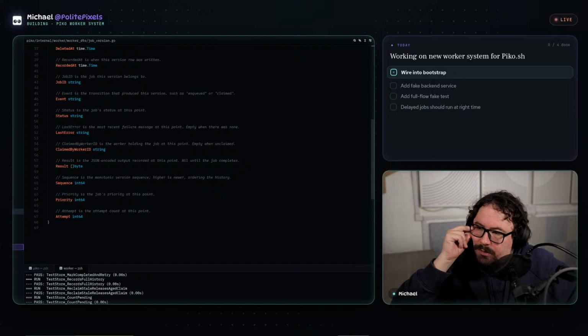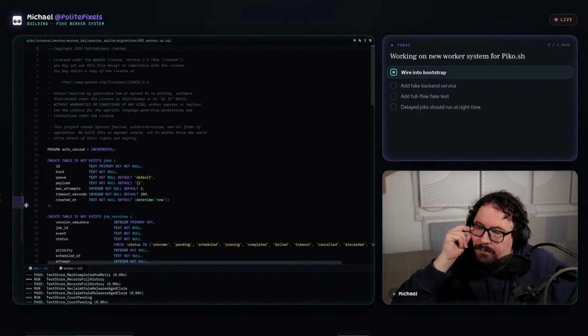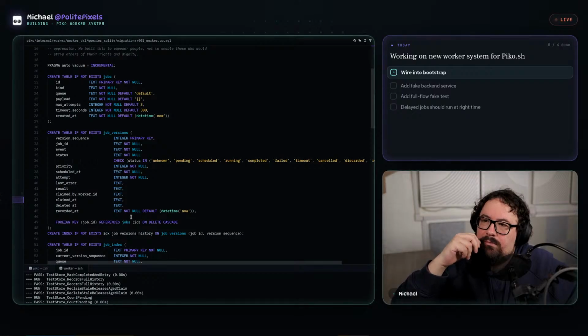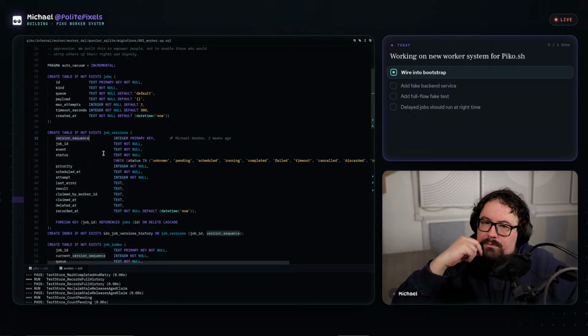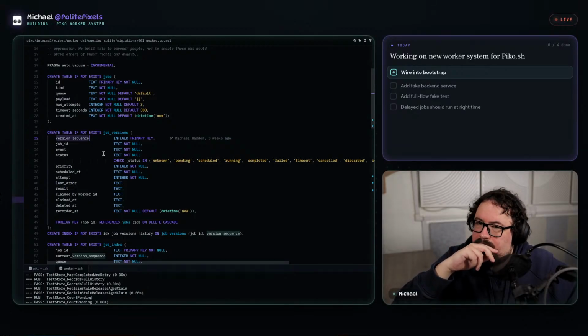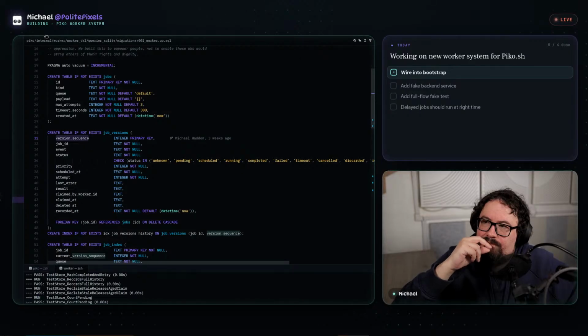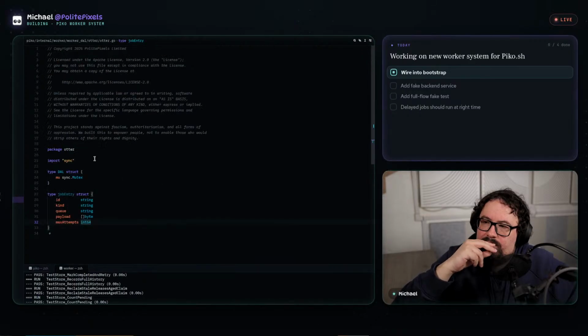Really what I need to be looking at is the migration. Version sequence. Max attempts.